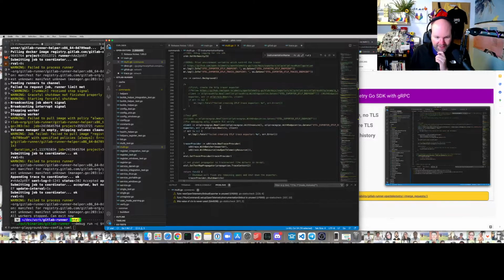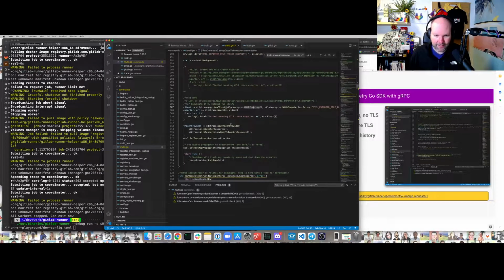It sets a context and then creates a new OpenTelemetry trace gRPC client, sets the insecure mode, not recommended, and also overrides the endpoint because for some reason it didn't read the environment variables. But I decided I want to debug this later, just use what I set manually, and then it's creating a new exporter, registering the tracer provider, and